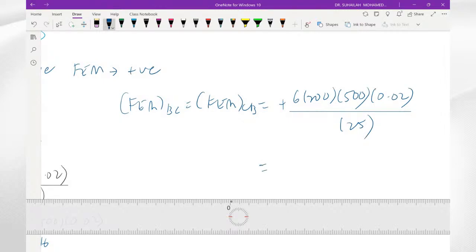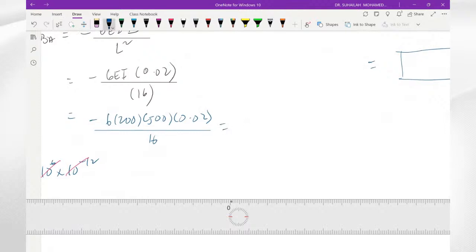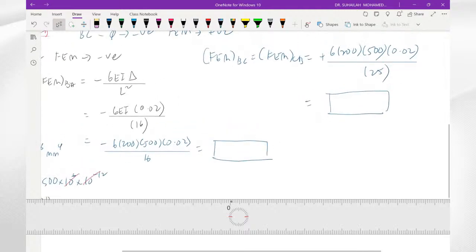So we get this. Then this FEM, we should combine with the FEM that we get from